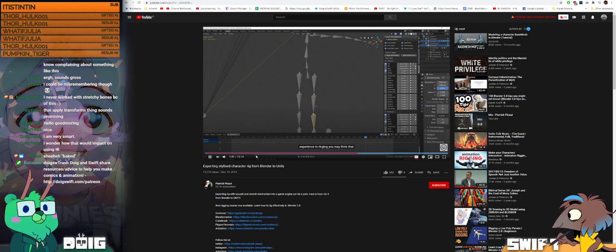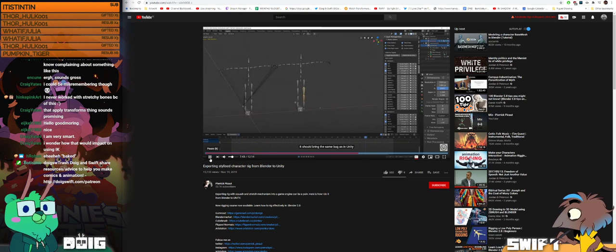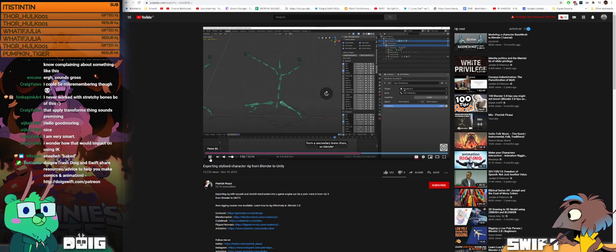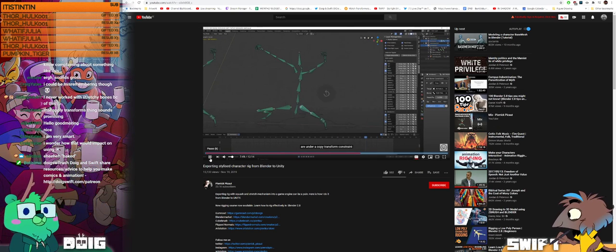With a bit of experience in rigging, you may think that it should bring the same bug as in Unity. But all these bones from a secondary bone are under a copy transform constraint from...